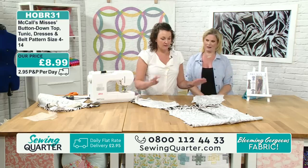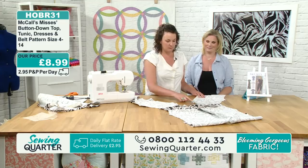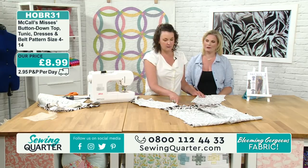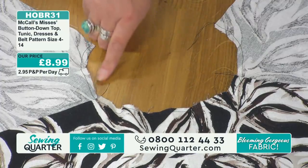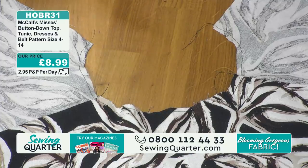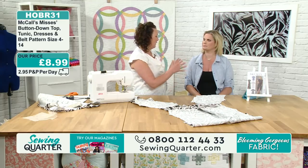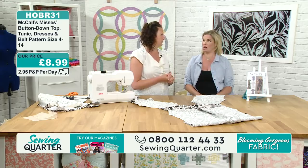Brilliant. Okay, so we've attached our yoke now with our little cheat method. Nice. Super speedy tailoring there. And while Natasha was showing you your fabrics, I've gone ahead and done a stay stitch in that. That's a normal size stitch, I've not lengthened it, and it's going to stay there. The reason is that this is a curved shape, which means it's cut against the bias, and as we're working into our shirt, we don't want to overstretch that neckline, especially because we're going to be adding a collar onto that. We're not going to show that today, but at home that will be a top tip, so make sure you do stay stitch. We did cover collars the other day, so if you're after a good collar demo,